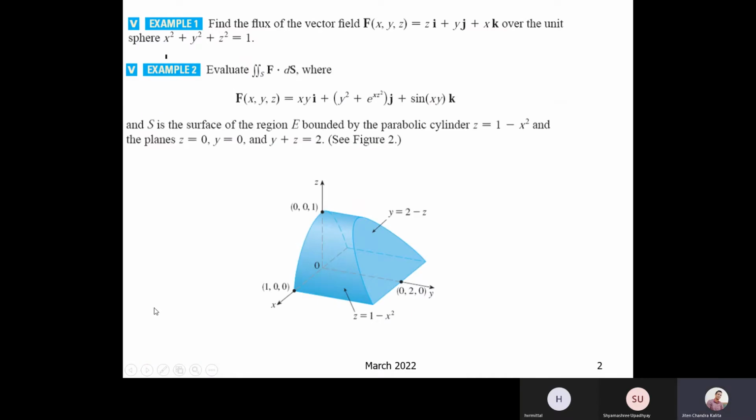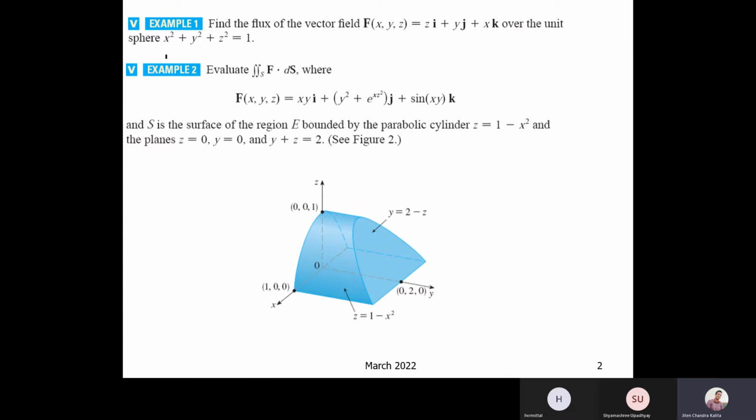Okay. So now let us consider another example. Let us consider this one. Again, you have to find out this. S is the surface of the region E bounded by the parabolic cylinder z equal to 1 minus x squared. Just let me write it down. z equal to 1 minus x squared, that is the parabolic cylinder, and the planes z equal to 0, y equal to 0, and y plus z equal to 2,